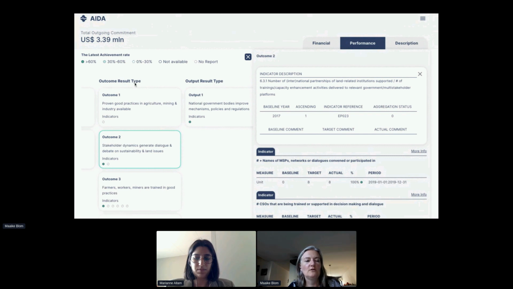So you can also look at the results type, so it can be impact, outcome, output. And there will be different colors attached to it. The more the target has been completed, the darker the green. So in this case, for outcome 2, you can see here that they had a target of 8 and they fulfilled their whole target of